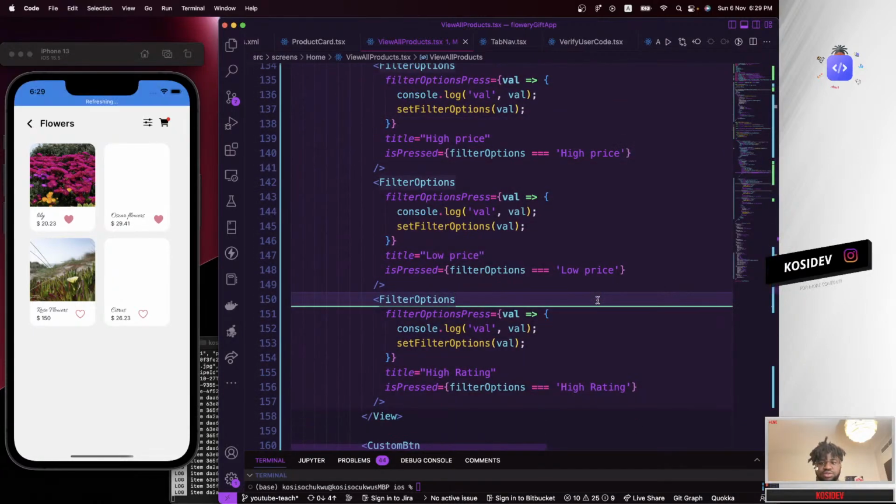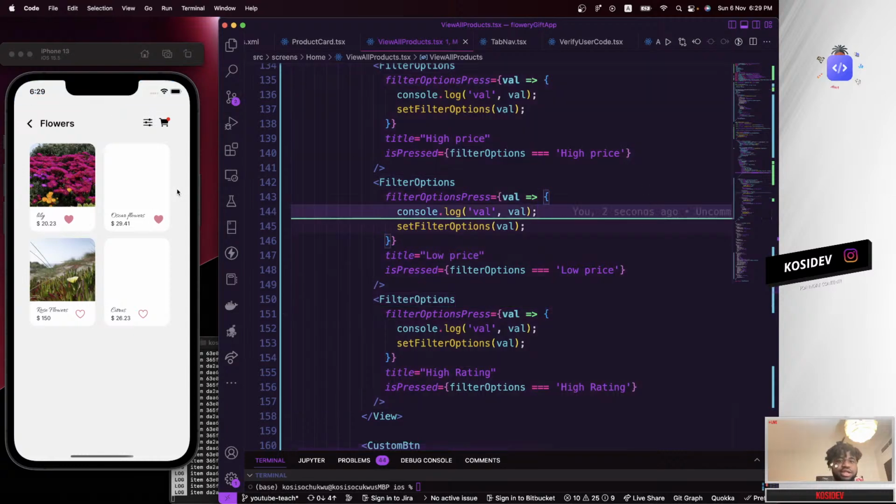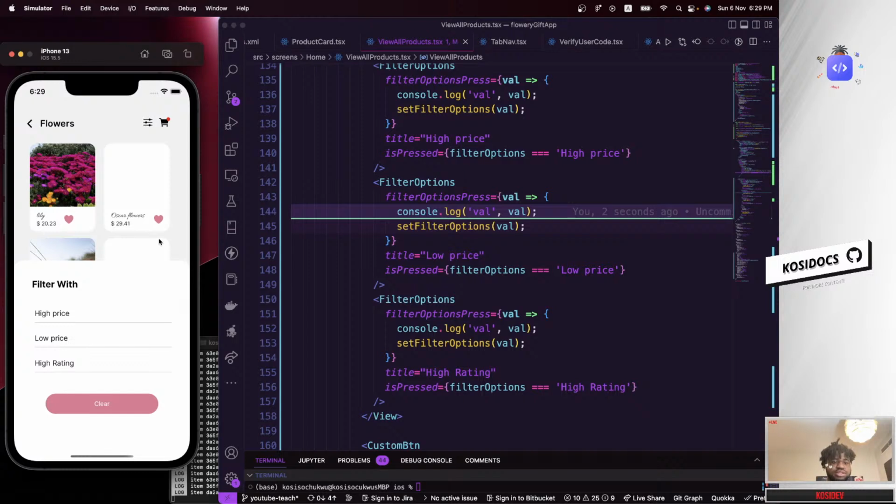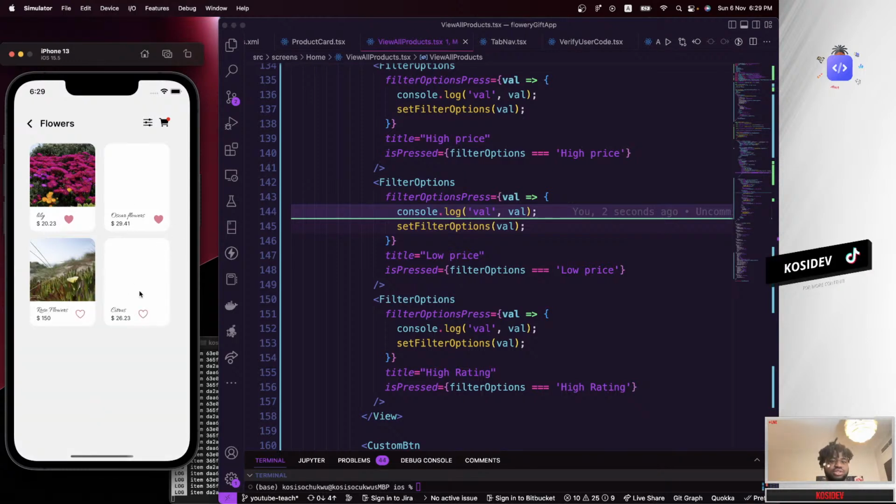So let's save this, and let's go ahead and try this out. So I'm gonna tap on this right away. If I clear this out, so still the same. So if I tap on this and select by low price,